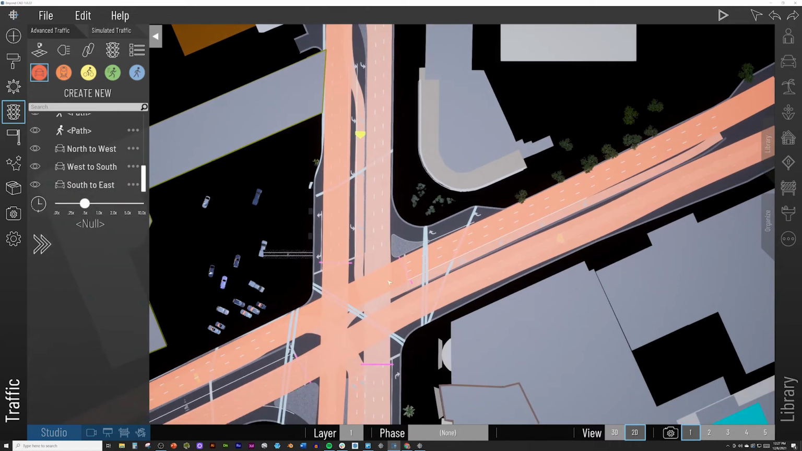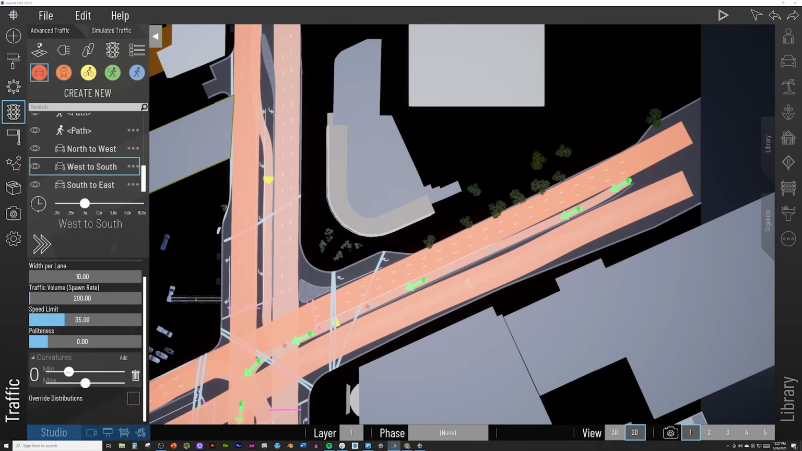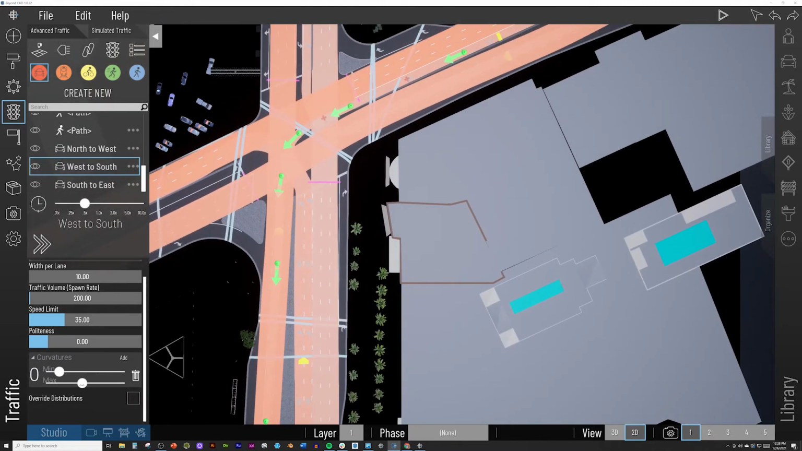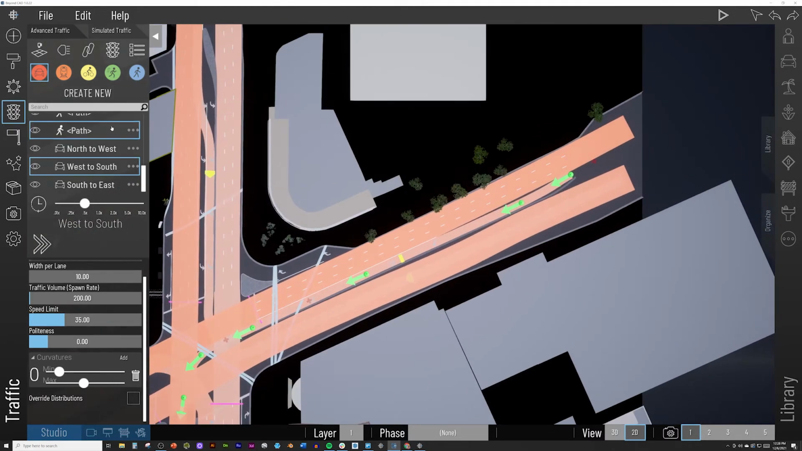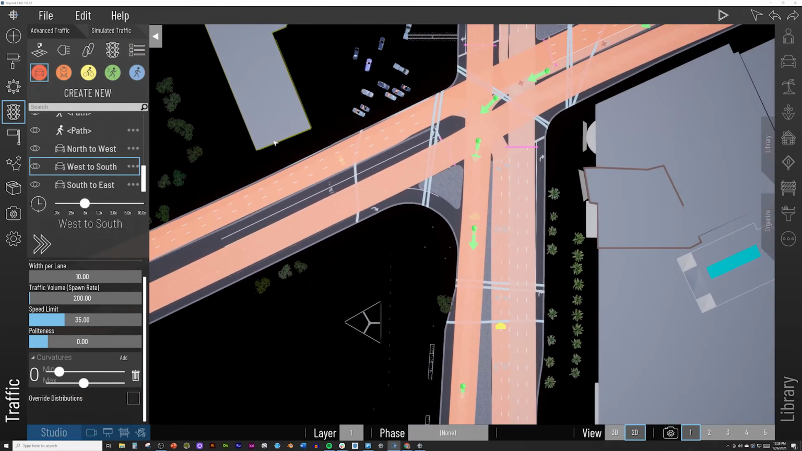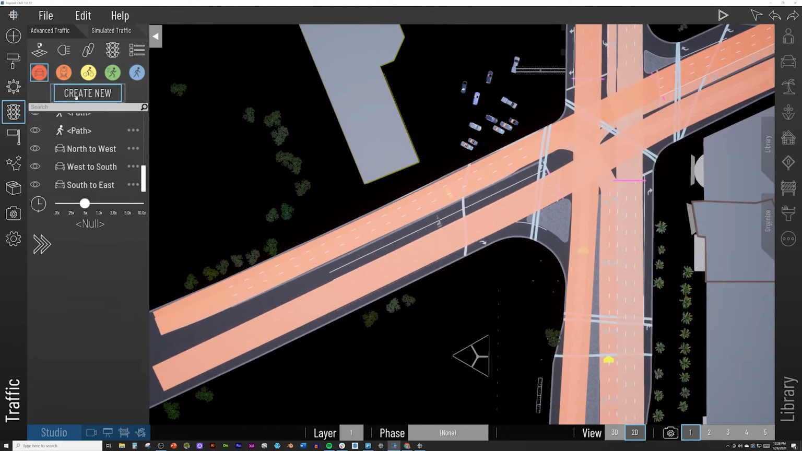And then while we're at it, let's go back to this one and add a curvature there. See that yellow indicator? Looks like it's about right. Okay, and then our last one we can do a double lane through here. So let's go to create new,